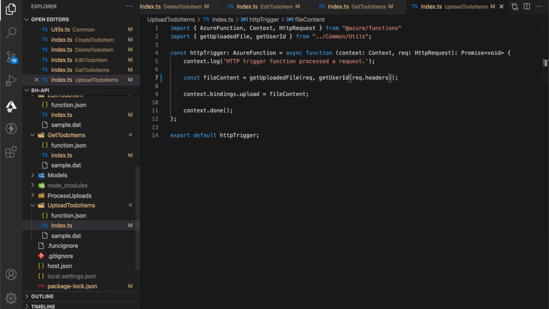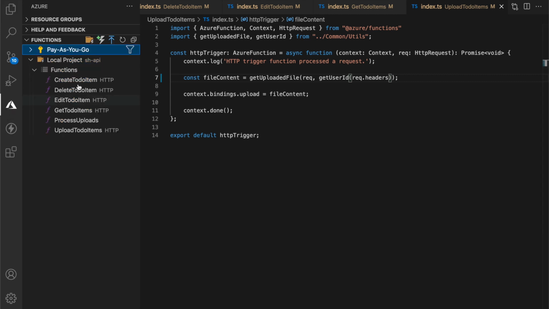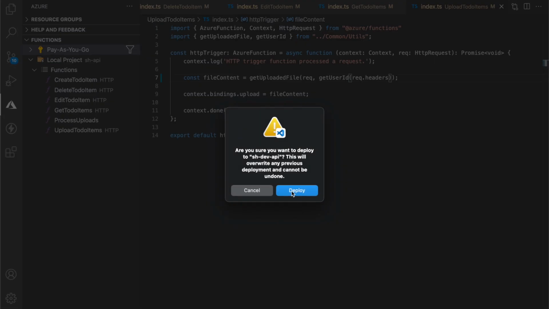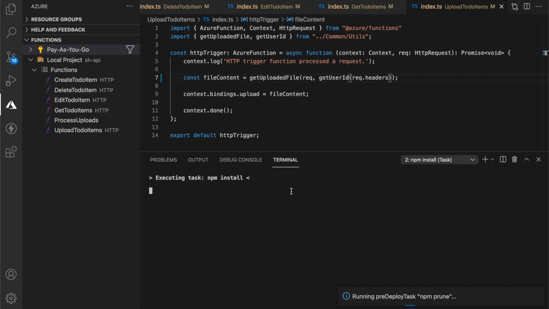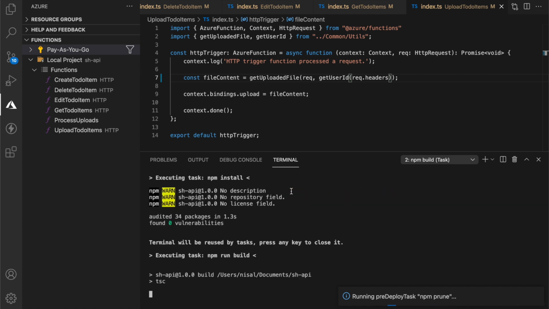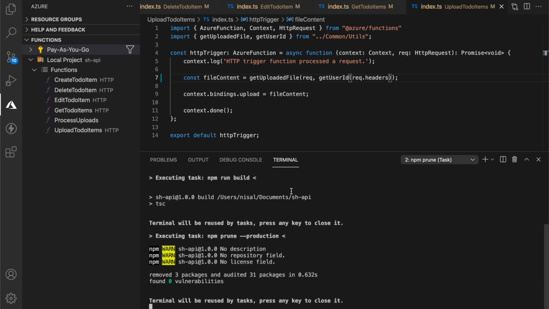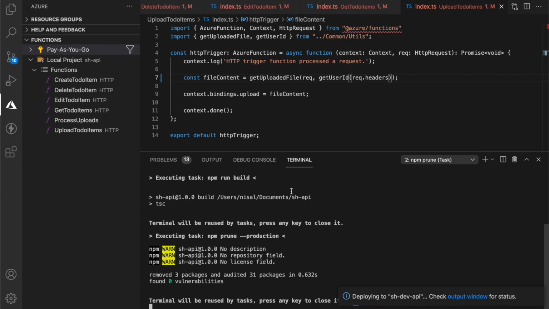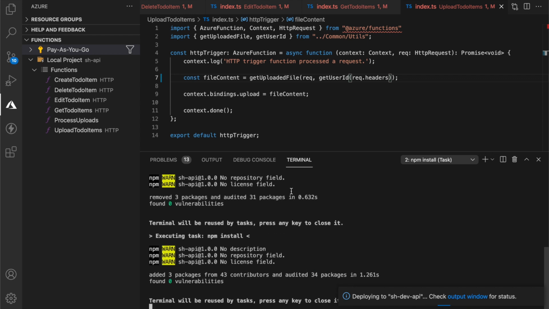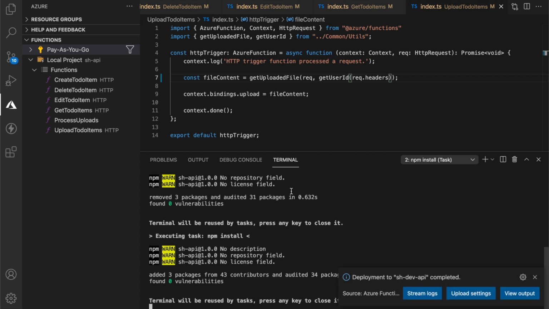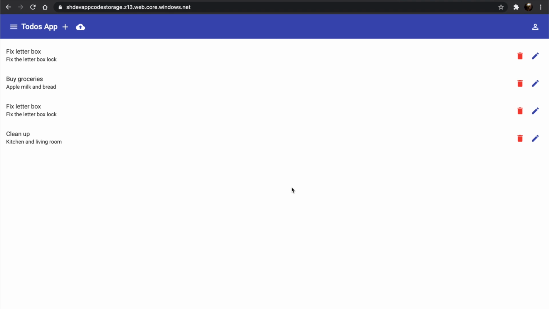Let's save all the changes and deploy. And now if you go back to the web app and do a refresh, it won't show you any to-do items.